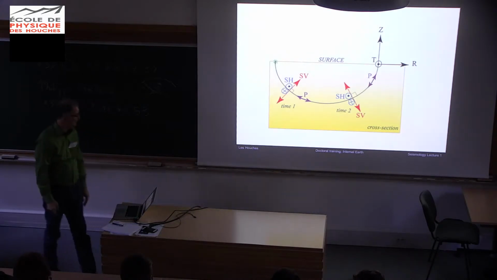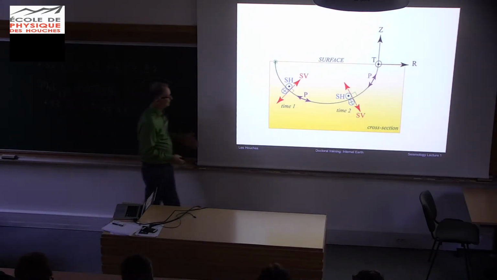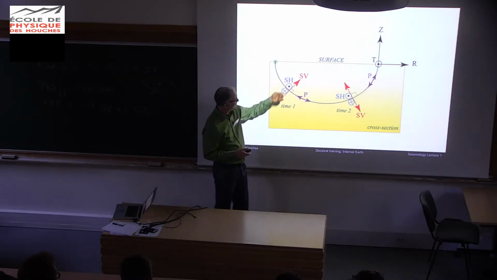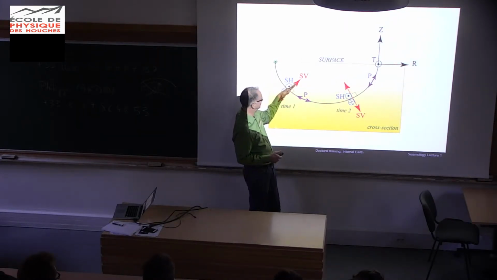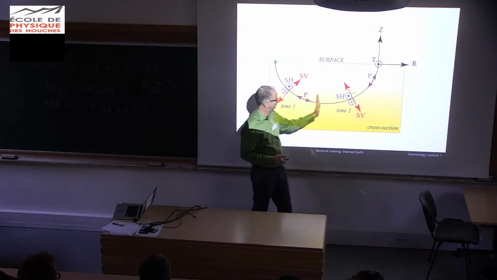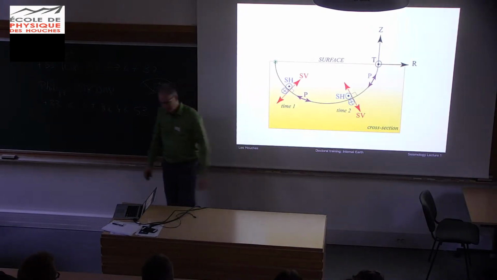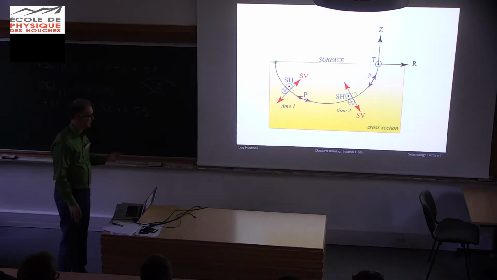Okay, so we have this a ray path. We've introduced that. I'm not drawing the wave front. We have P wave motion that's always in the direction of the wave or the ray, and we have horizontally propagating shear wave, and that's SH, and the one that's perpendicular to it depends where you are, right? Because it's always perpendicular to the ray path. So that's everything you need to know about ray wave geometry.